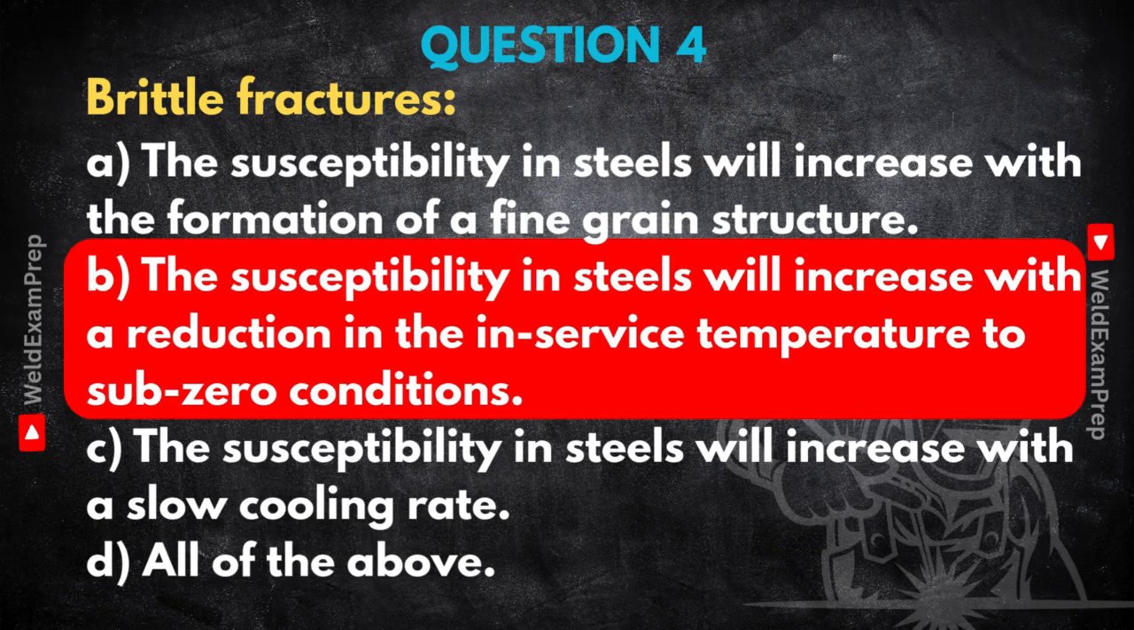So fine grains are usually a good thing for toughness. Interesting. And option C, slow cooling rate. Slow cooling affects the microstructure, certainly. It might lead to coarser grains, which, as we just said, could reduce toughness compared to faster cooling that might